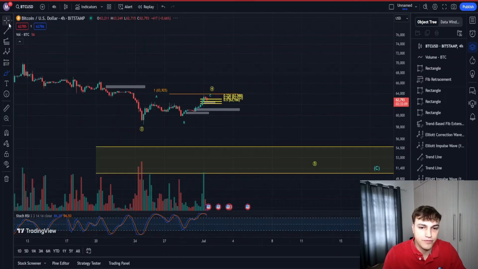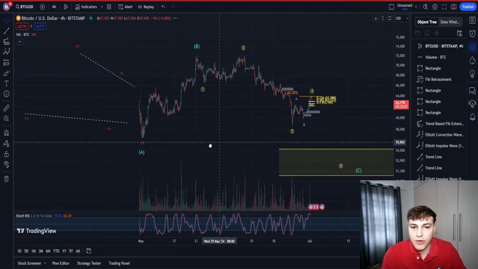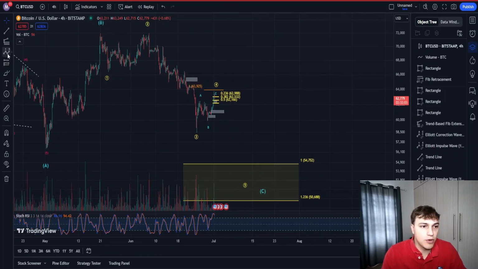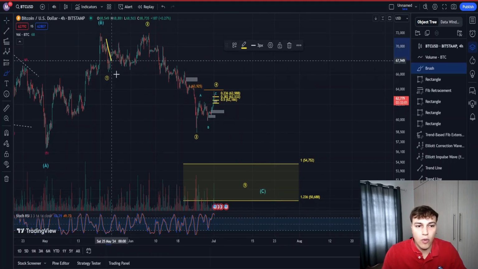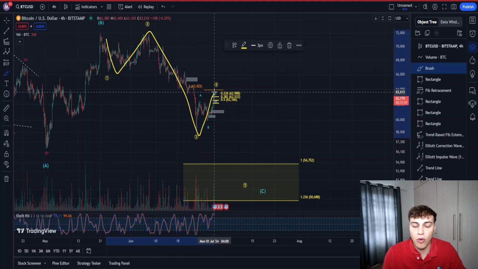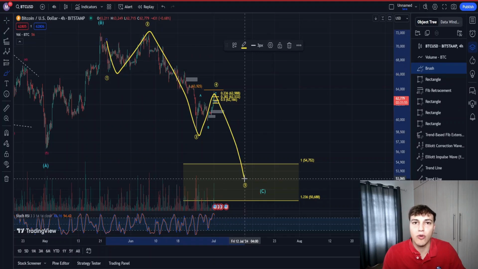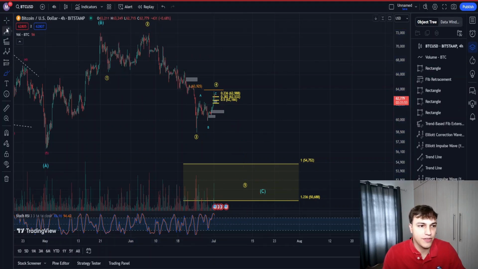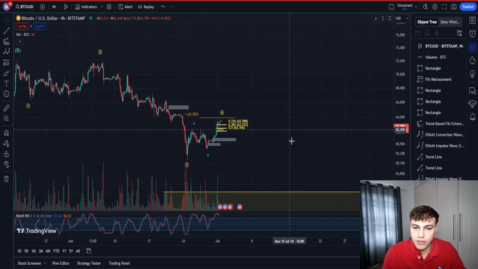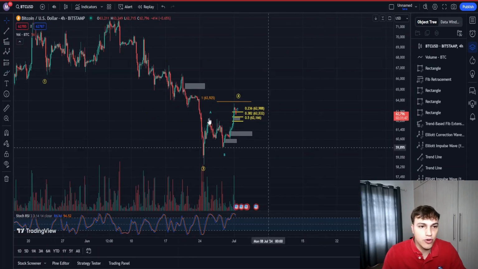Now, if we go into this 5-wave move into more depth, we can see on the 4-hourly time frame that we are looking for this move down. At the moment, we have a 1, 2, 3, building on this 4, and hoping for a wave 5 down. That would be a very good short position here. So if we zoom in even more to this local range,